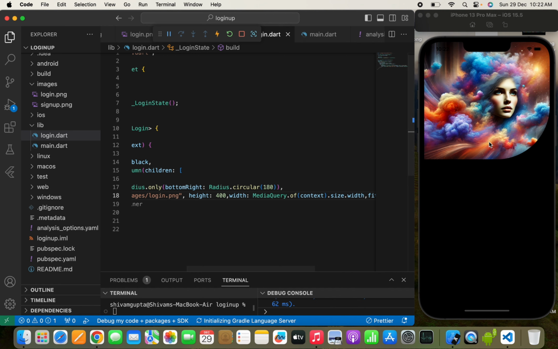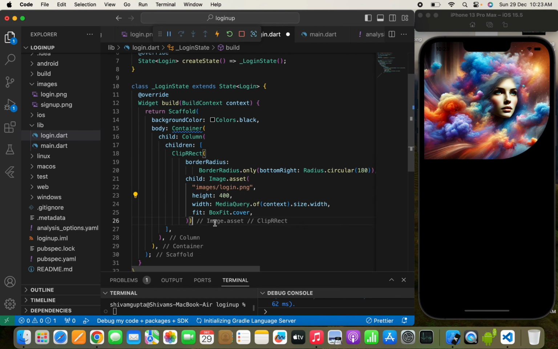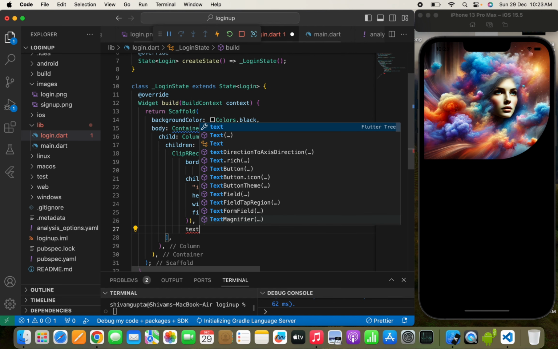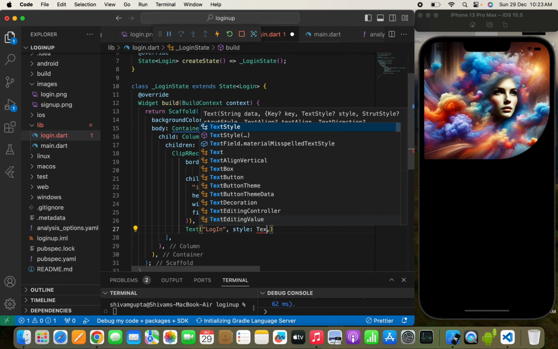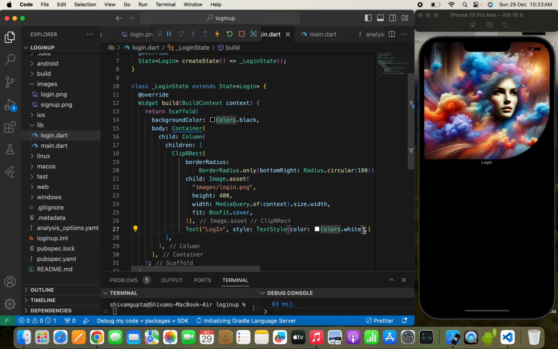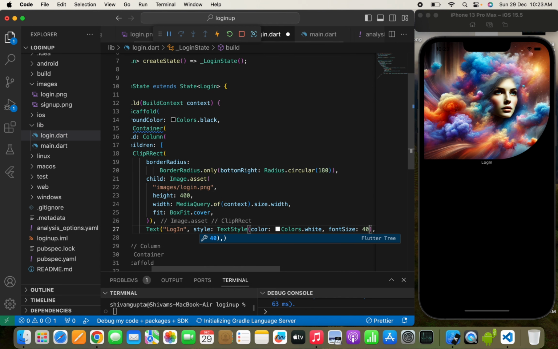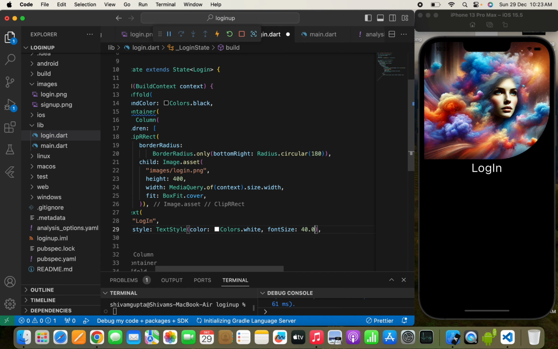Yeah. So once we have passed an image, now here I need to simply pass a text which will be the login. So for that I need to just write a Text widget, and in the Text widget I will just write Login. Now here I need to simply pass the color, so which will be a TextStyle. Now the color I need to simply pass Colors.white, something like this. Now I need to increase the font size so that I can simply see this text clearly. So we'll pass 40.0,